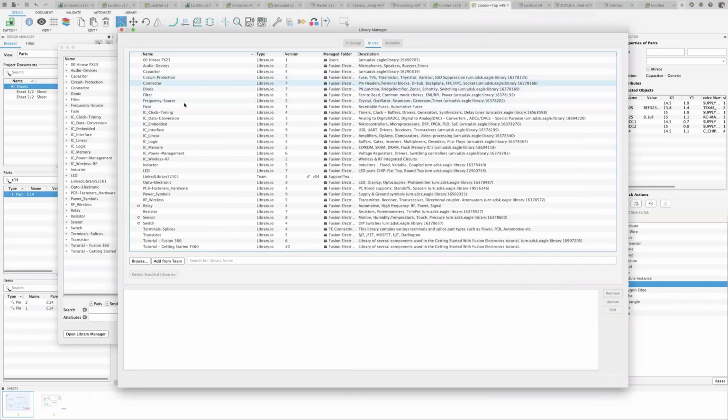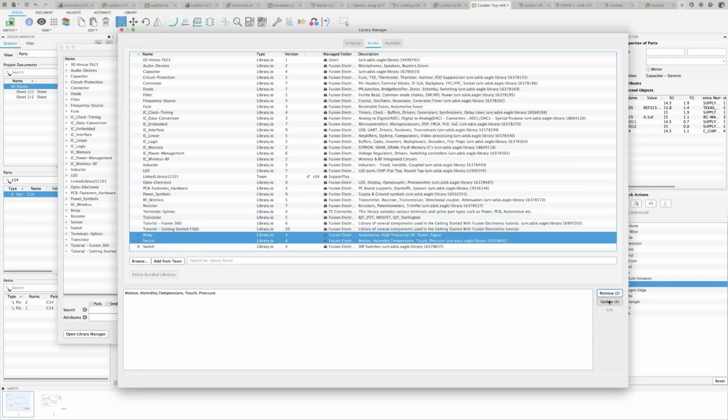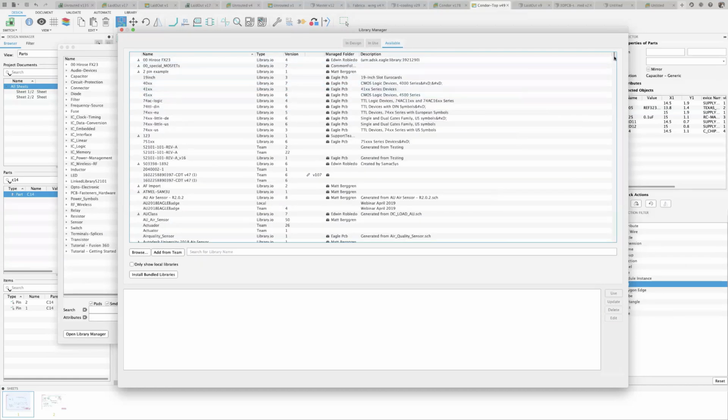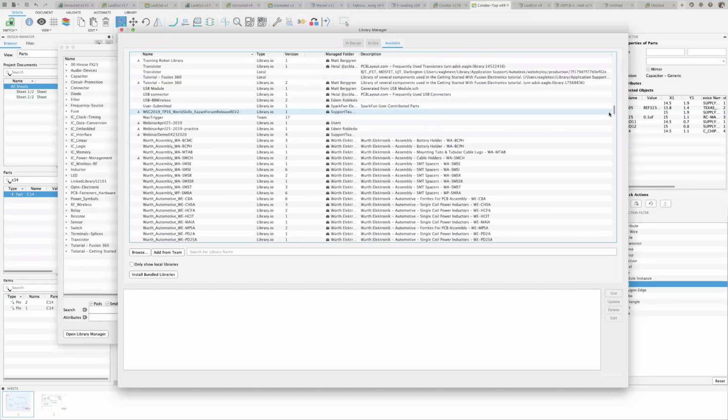But here I get a little bit of information because I scan our database of libraries, and you'll notice that I get the symbol letting me know that there's some updates to these libraries. If I wanted to categorize them by updates, I could select them, and I could select the update option if I want to. Now, if there's a particular library that I wish to use, or there's a component and I don't see it on my list that I currently have in use, I could select the Available tab and